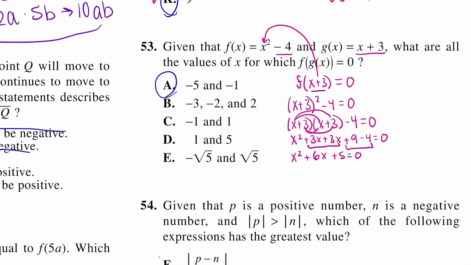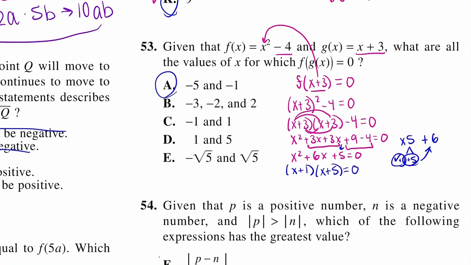Now we have to factor this. We can shortcut factor. I need two numbers that multiply to be 5, always the last number, and add to be the middle number. Well, 1 times 5 is 5, and 1 plus 5 is 6. And those are the only factors of 5. We can't divide 5 by anything else. That's a whole number. So this factored is x plus 1 times x plus 5